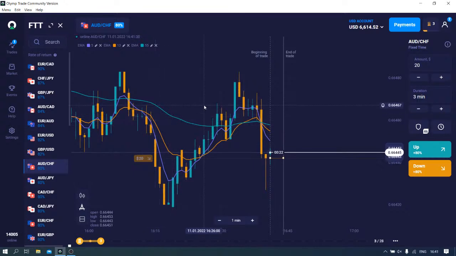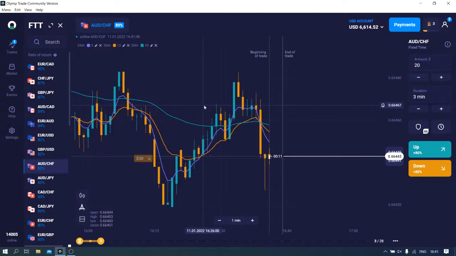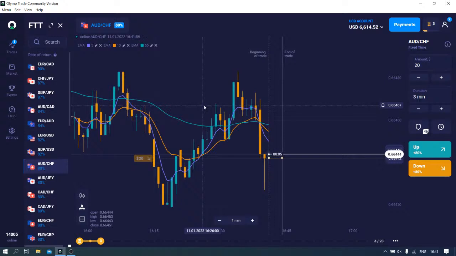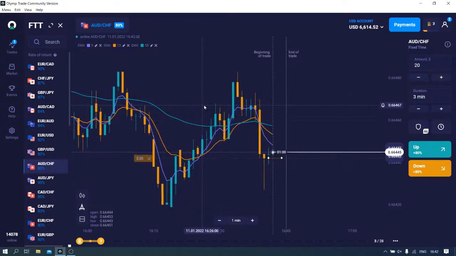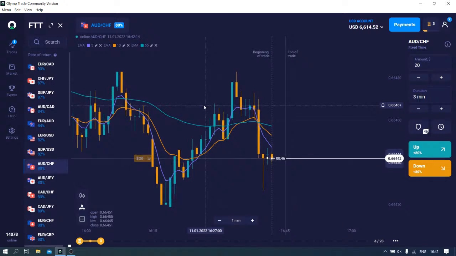Okay. Any more questions, dear traders? What do you think is the best strategy? In my opinion, there is no best strategy. Again, as I always say, the best strategy is the one that you feel comfortable with, the one that brings you money. Because let's say if you win the race while driving the worst car in the world, you won't think that this is the worst car. You will think that this is the best one, right?